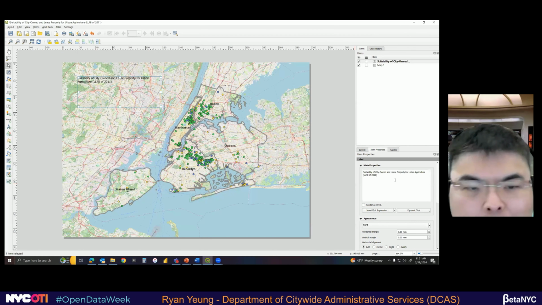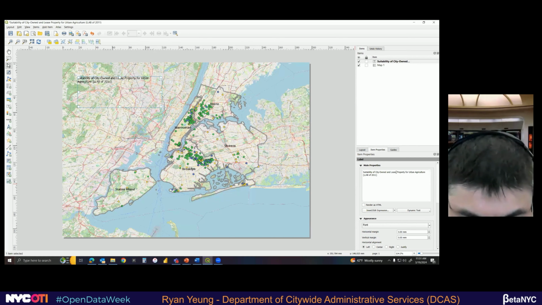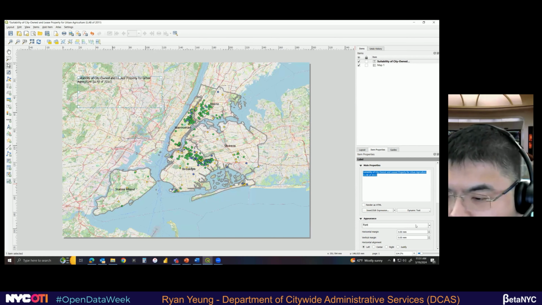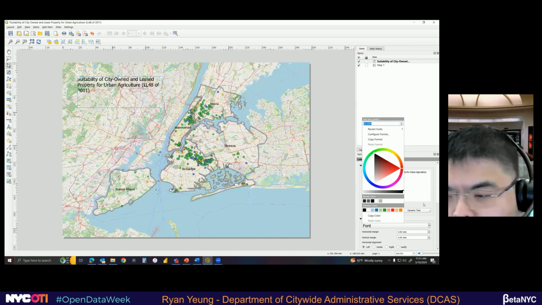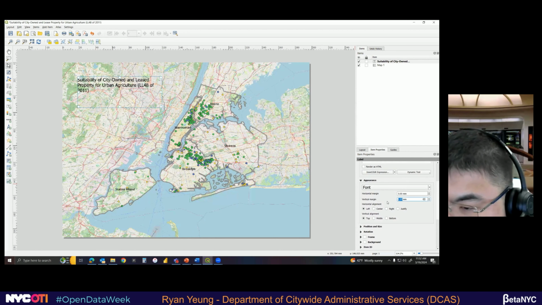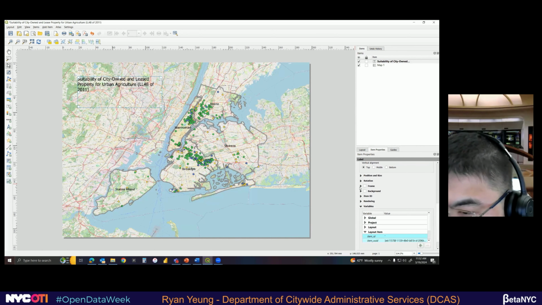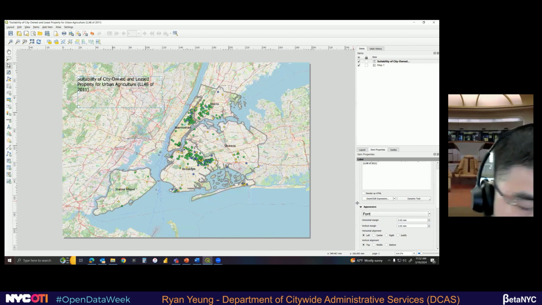And we'll call it suitability of city-owned and leased property for urban agriculture. You can change the fonts. You can make it bigger so it's more readable. Let's see here, what else we can do? Margin, I don't want frame. No, I don't want frame. Yeah, that's okay.